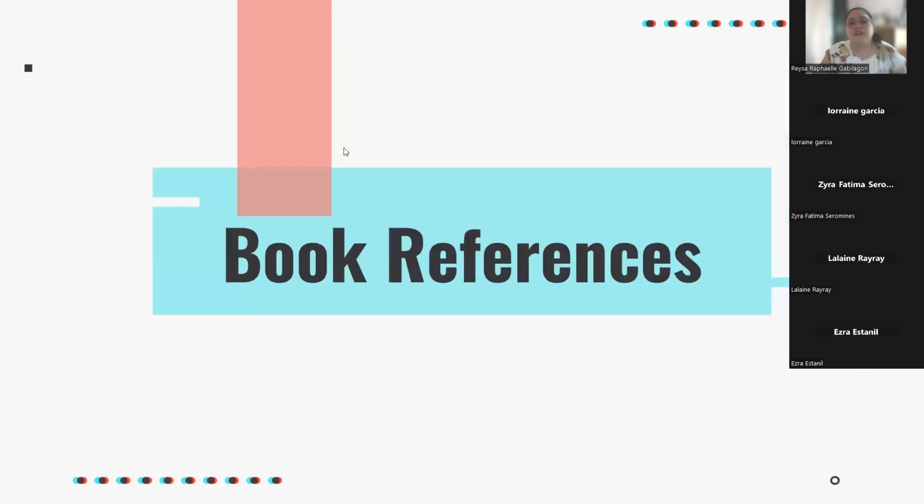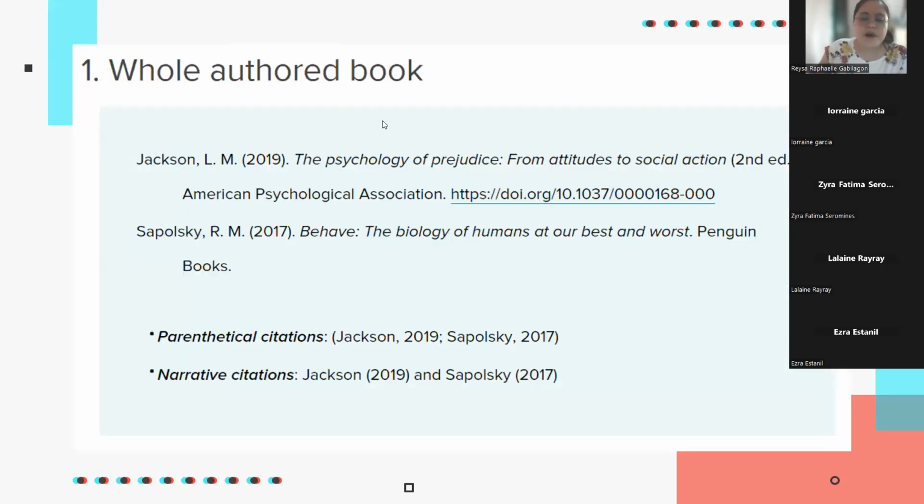Now, I hope you have a lot of book references, ha? Especially sa MedTech world. Maraming books talaga. So how are we going to do that if galing sa book yung inyong information? If it is a whole authored book, this will be the name of the author, or syempre names if marami. This time, it will only be the year of the publication, syempre. And then, this time class, italics, ha? Ano ang i-italicize? Yung title ng book. Okay? This is the title of the book.